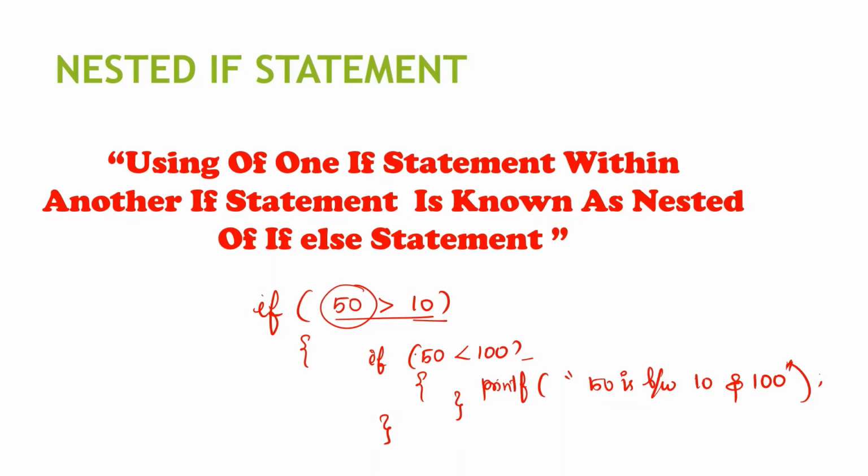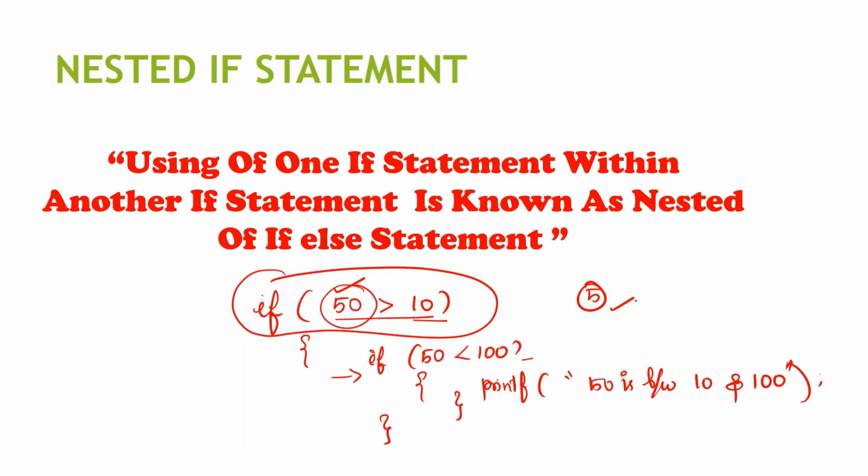We can even write them as two different if statements. But when we write them that way, we will get two different outputs. Here, only if this condition is true can it check this one, or else it can't check. Suppose the input, instead of 50, is 5, then we